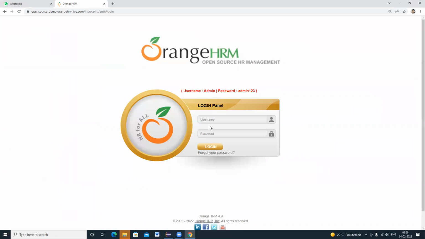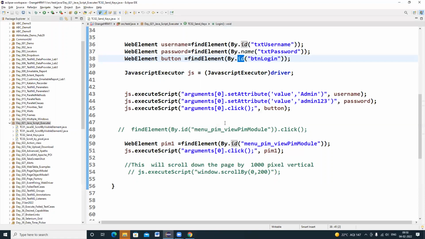Okay, fine. Now this is the send keys operator, right? Because we are entering the value here. This login button will be the click operator. I have to just click on it. I'm not entering any value there, right? So if the click operator is not working, then we can create an object reference for the same web element.